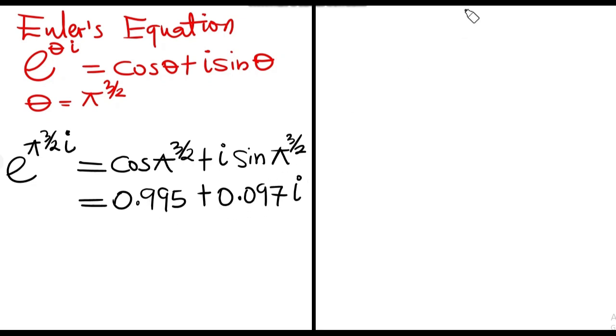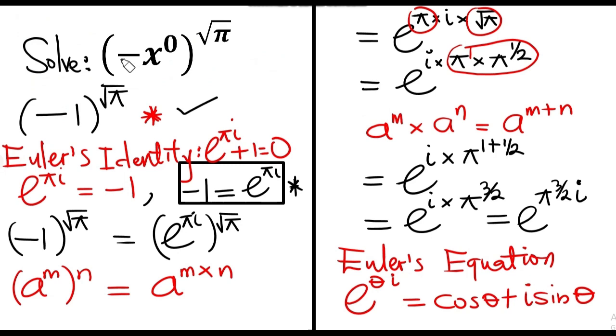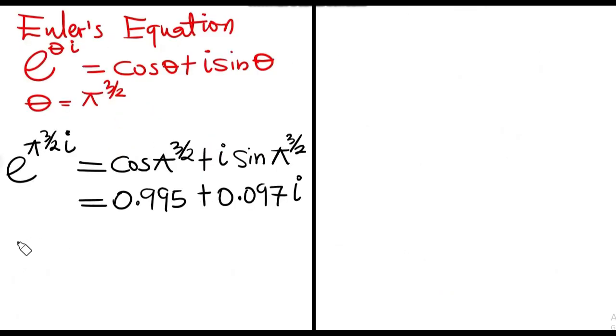Therefore, my question from the beginning, which is (-x^0) all in parentheses raised to the power of root pi, is just equal to 0.995. That is a complex number,